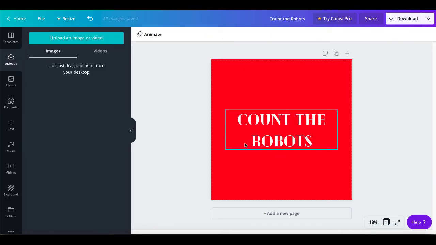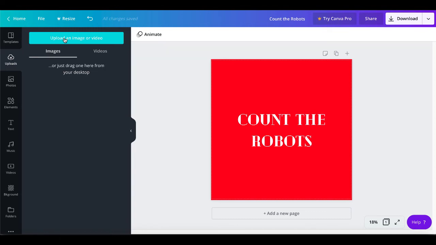So now that we've created the title for our book, we want to go ahead and add some images to the front of the book to make it look more like a children's book. And of course, this font may not be the right font either, so make sure you play with that. And of course, the finished product will probably look a little bit different, but this is the exact way that